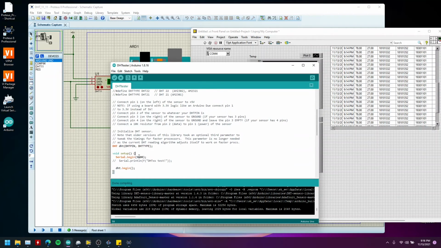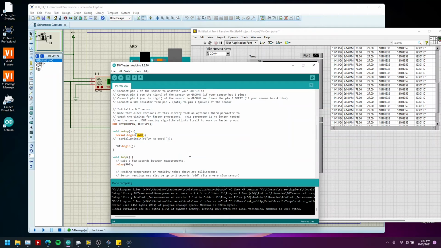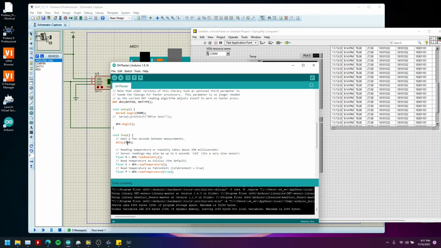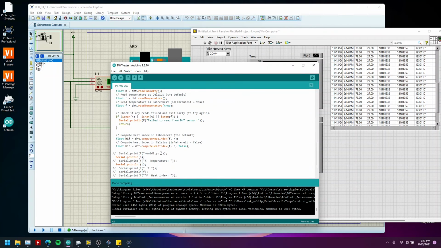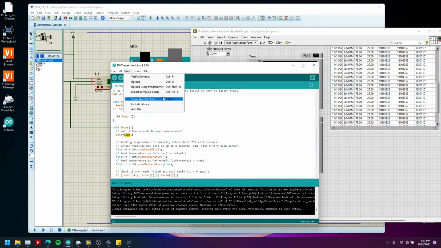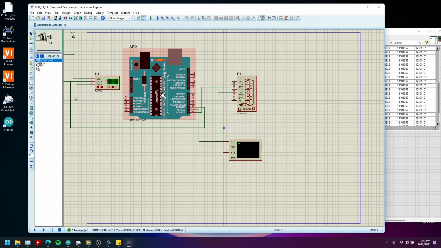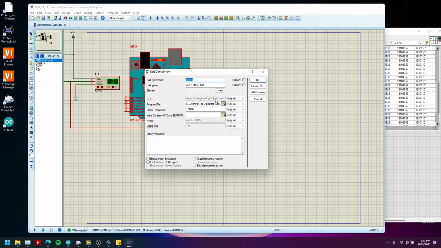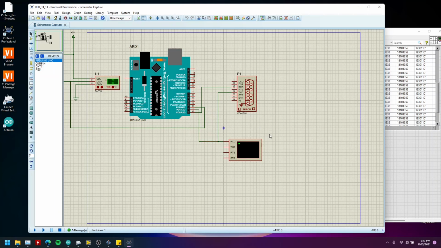We have used 9600 serial, and we have used a 500 delay in order to get the temperature values after half a second continuously. After implementing all the code, we exported it as a hex file, and then we imported the hex file in our Arduino interface to run this program.